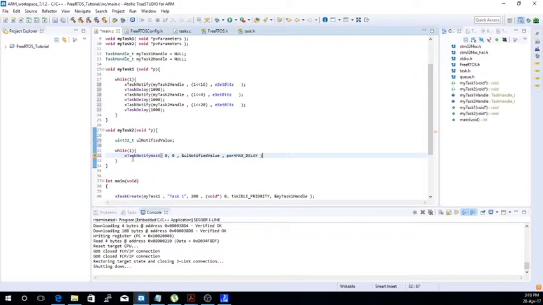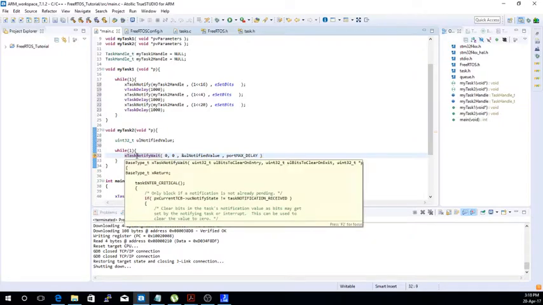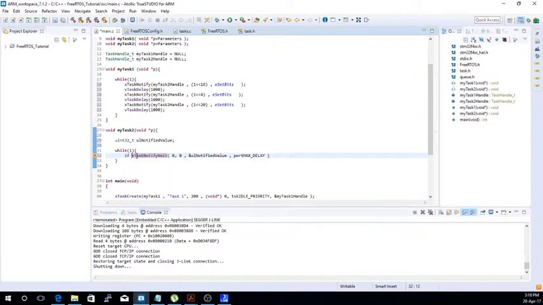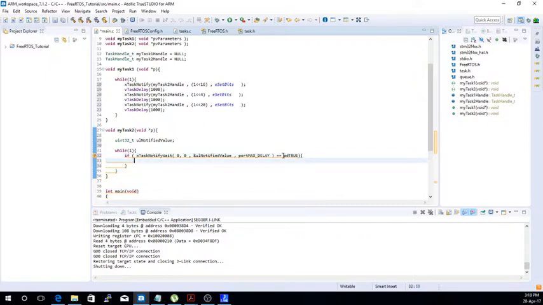Now if it gets a notification, then it's going to return a 1 or a pdTRUE, and if it fails, it's going to return a pdFALSE. So I can use that to check if I have actually received a notification or not. So if it equals pdTRUE, which means that I have received a notification, then I want to print